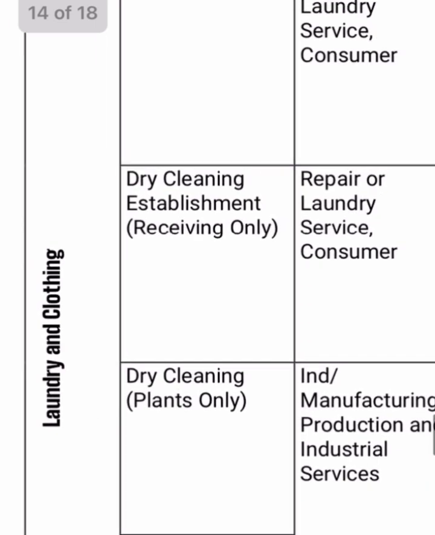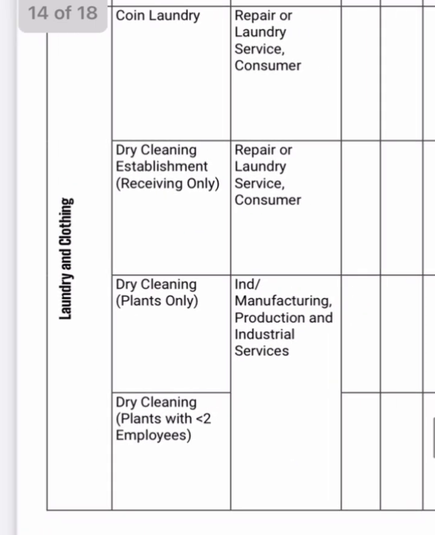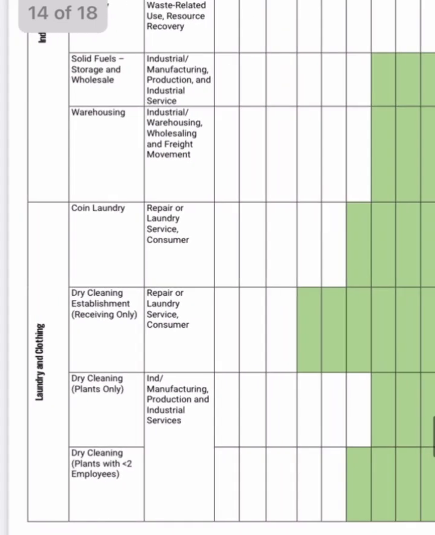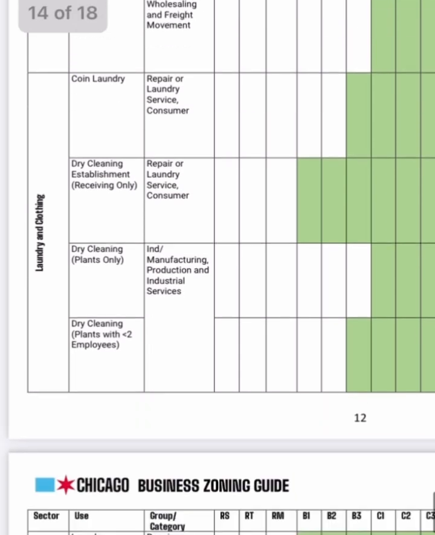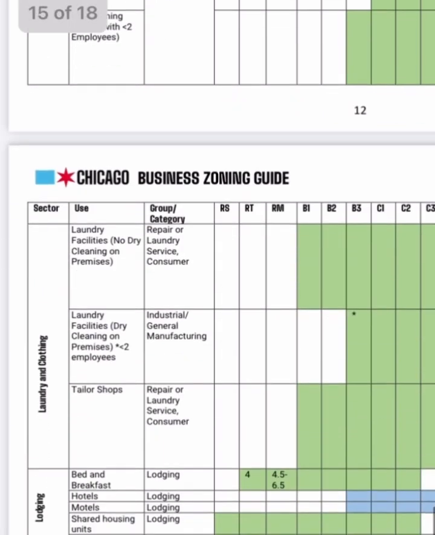What about laundry, dry cleaning, just the establishment or the plants? Don't we want those near where people live? That's where the dirty clothes come from. So that one I'm a little confused by. Again, as long as you set it up in such a way that no one is immediately bothered by the byproducts coming out of these businesses, let's put them near homes where people can access them. And make the rule, you can't release the smoke near people's doors and windows. You can't have loud noises near the sidewalk and the street. Make rules like that, but don't make rules like no dry cleaning allowed whatsoever. Doesn't make sense.